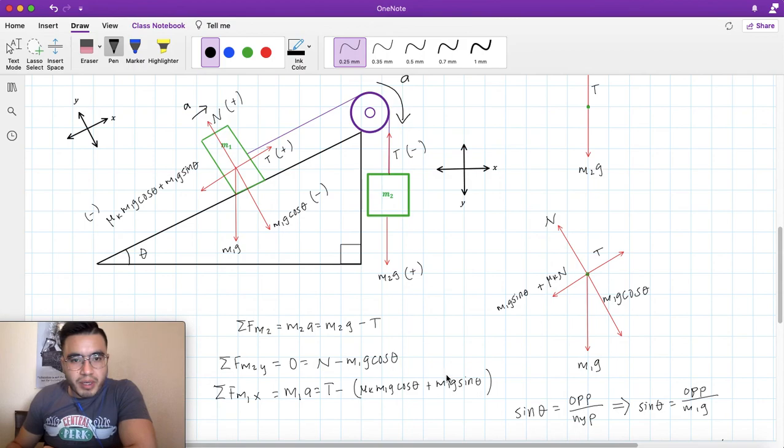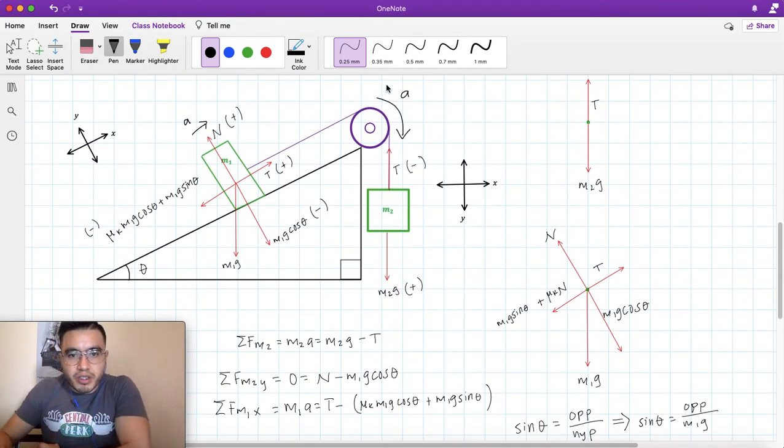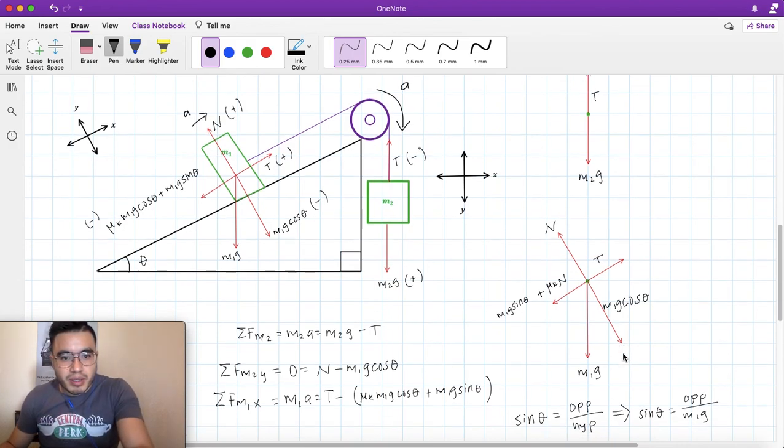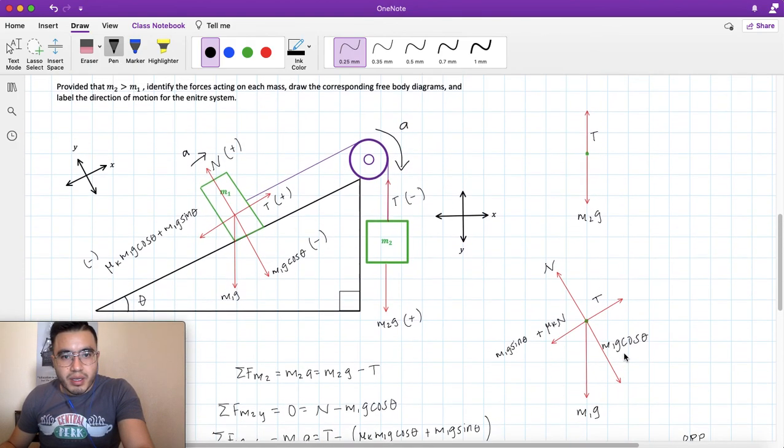We have the setup ready. Of course, if we had the mass, the coefficient of friction, and the angle, we could easily find all the forces. But this is the setup. The key is to identify the direction of motion, label that as positive, the natural direction. Look for the forces, break them into components, make sure you have your free body diagram. You need to account for all the forces present, otherwise it will be incorrect. And that's it.